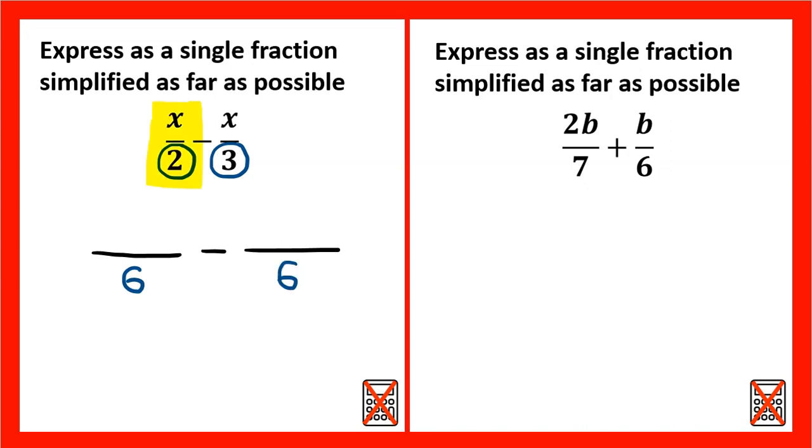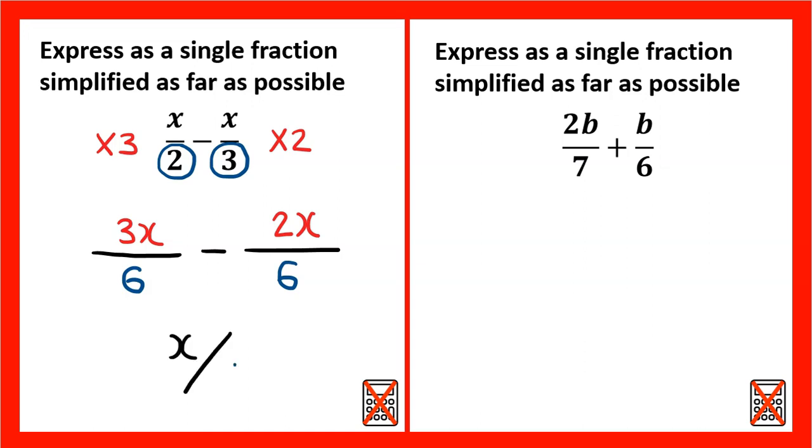To get this first fraction from x over 2 to something over 6, we've multiplied the denominator by 3, which means we're also going to have to multiply the numerator by 3. 3 times x is 3x. To repeat the process with the fraction on the right, to get the denominator from 3 to 6 we've had to multiply by 2, so the equivalent fraction is x times 2, which is 2x. Now we have a common denominator, we can do 3x take away 2x, which is x,